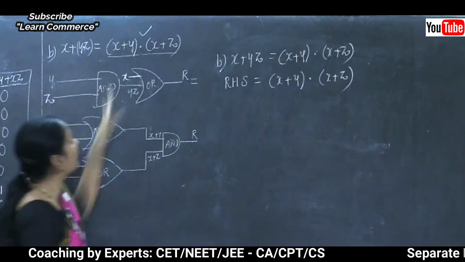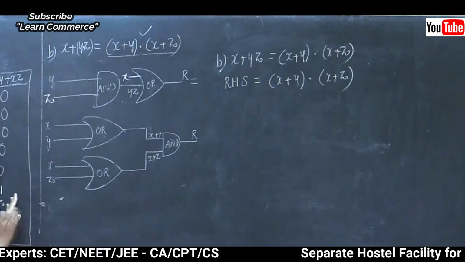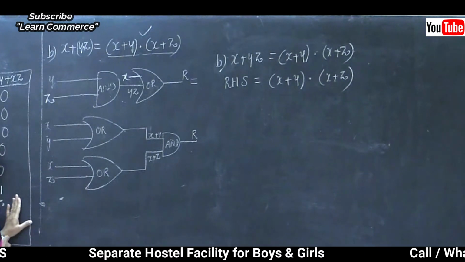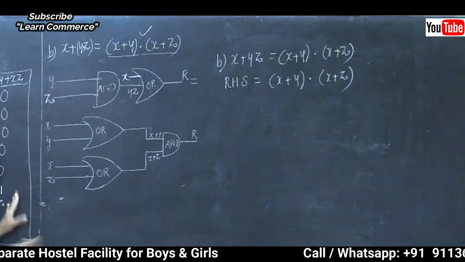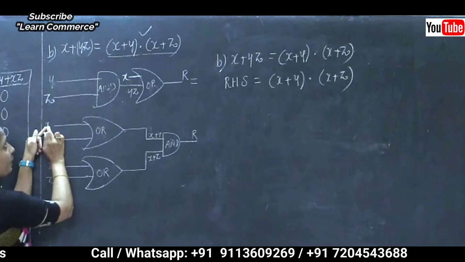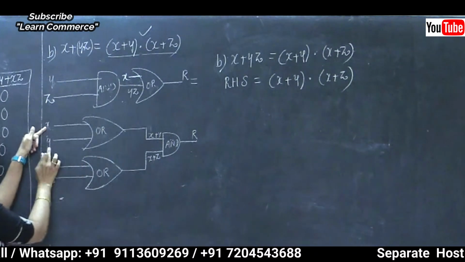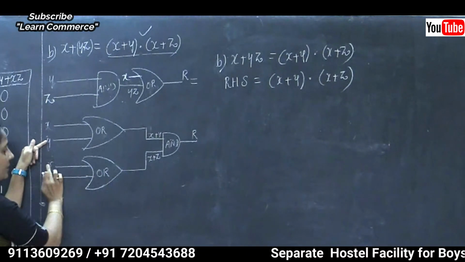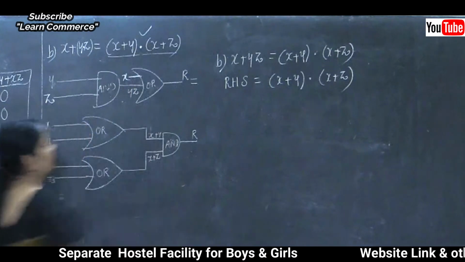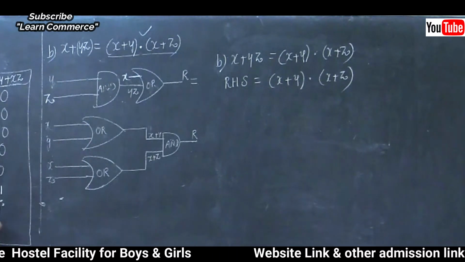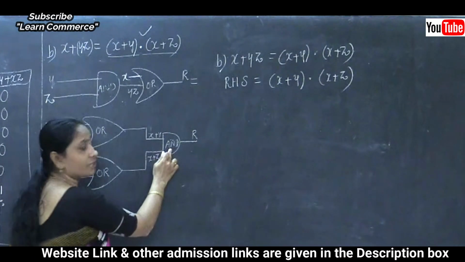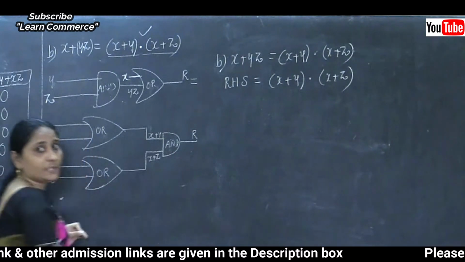Now we are going to draw the symbol for the right hand side. In the right hand side the value is x plus y and x plus z. So first I am taking x plus y. So x plus means the OR operator, y, and second one is x or z, and both expressions are going to be joined by using which operator? By using our AND operator. So such one is going to be joined by using the AND operator. So clear this point here.